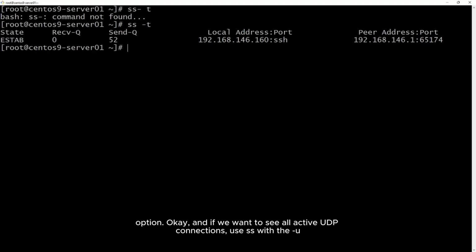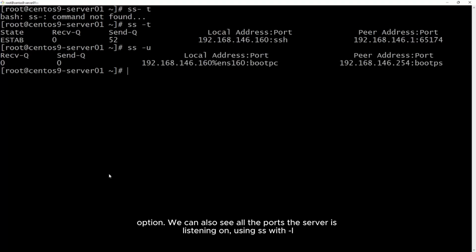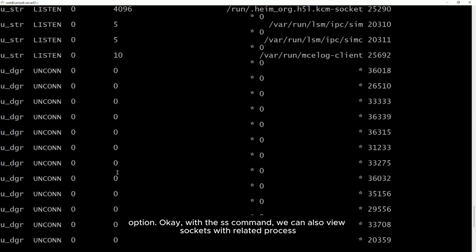And if we want to see all active UDP connections, use SS with the U option. We can also see the ports the server is listening on using SS with the L option.